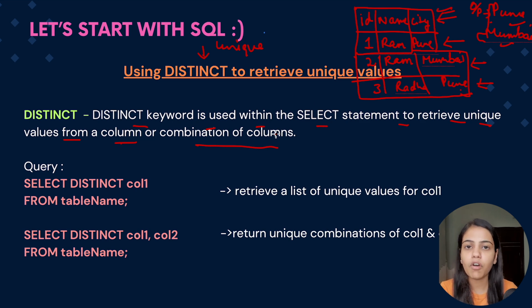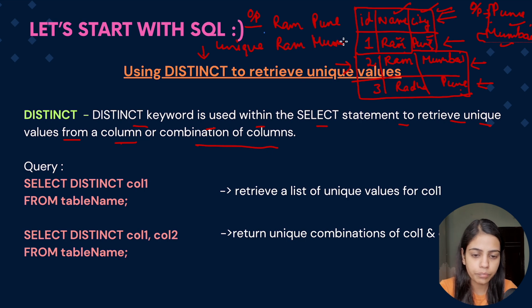Now consider that we want distinct values in a combination of columns. Consider that we want to see distinct values in name and city. First, for Ram and Pune there are no values to compare, so it will give Ram and Pune in the output. Now coming to the second row, it will check whether any combination of Ram and Mumbai together is present in any of the above rows. It can find the name Ram but the city is Pune. So there is no combination of Ram and Mumbai, so it will print Ram and Mumbai now.